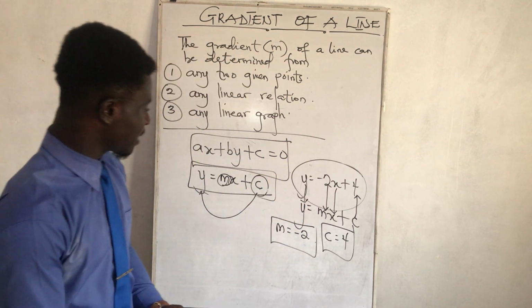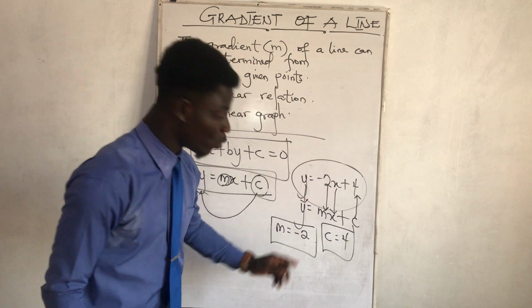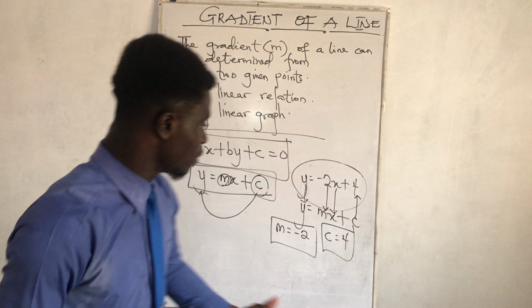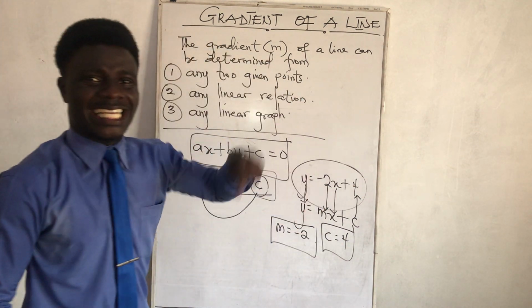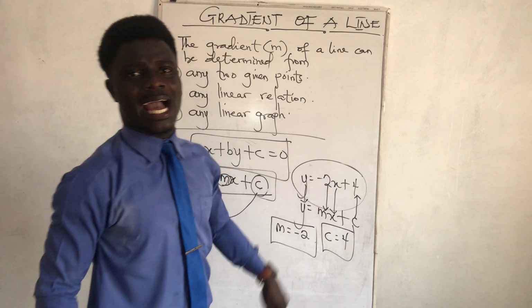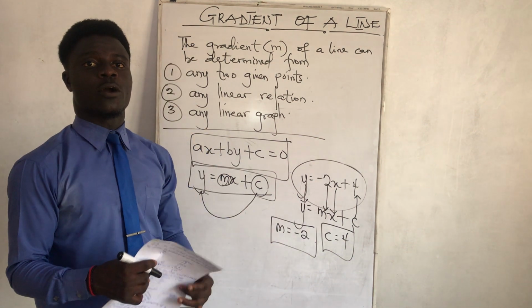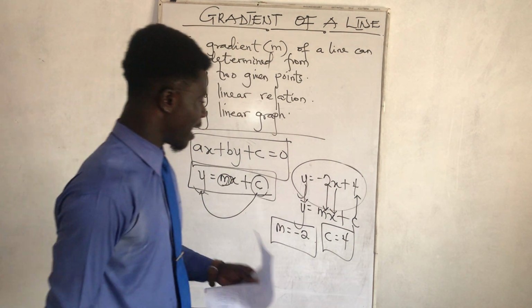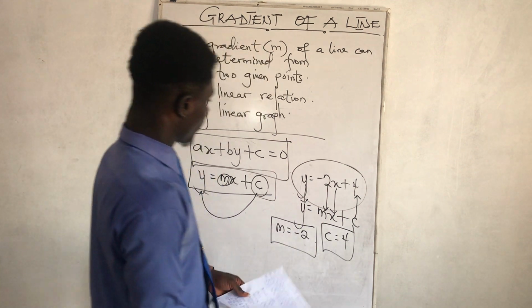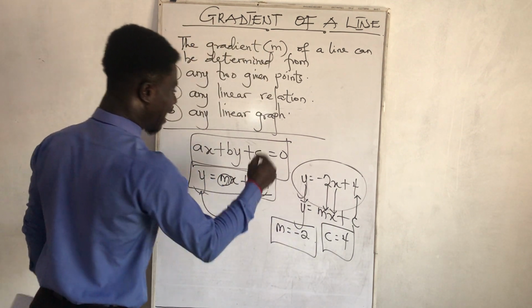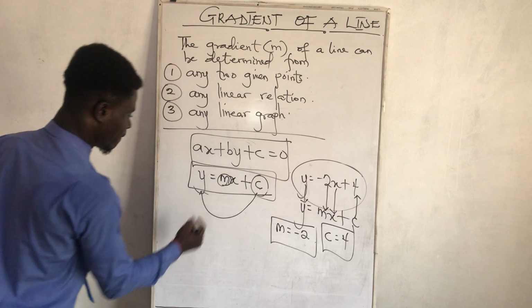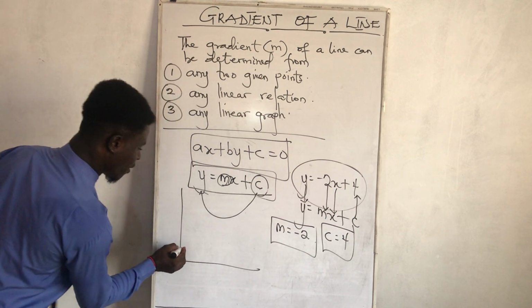We can say that the gradient m is minus 2. Then the c, which is the intercept on the y-axis, is 4. Right? The intercept on the y-axis is 4. So now it means that where the line cuts the y-axis,